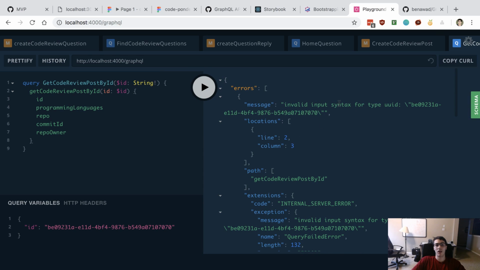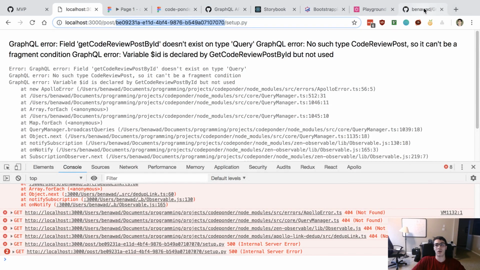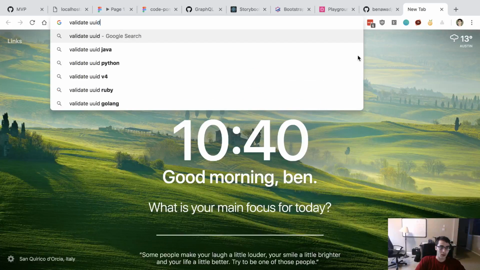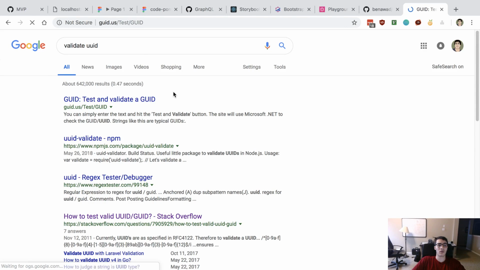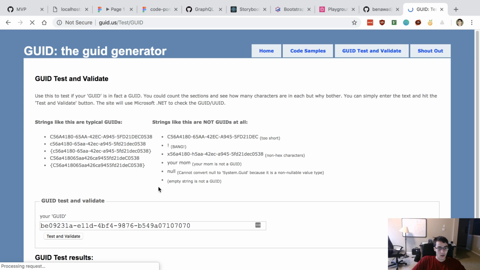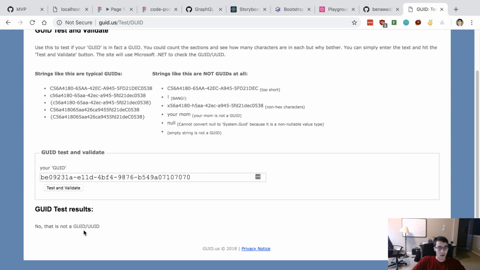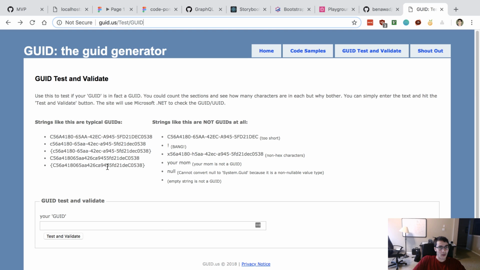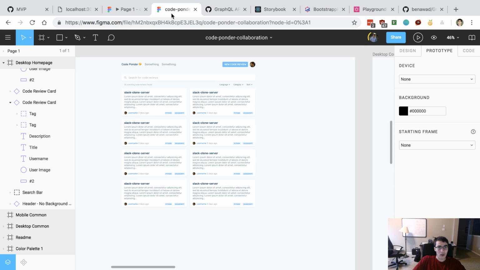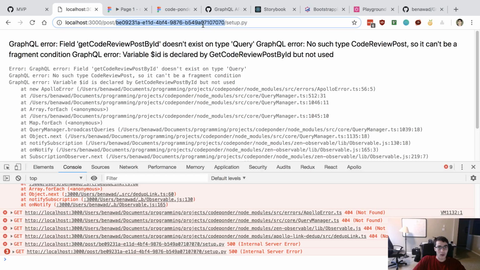All right. Invalid input syntax for the type UID. Okay, this could explain why it's not working. That's weird.